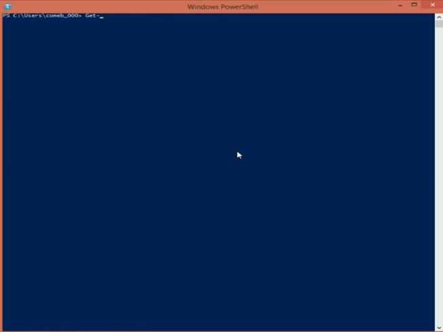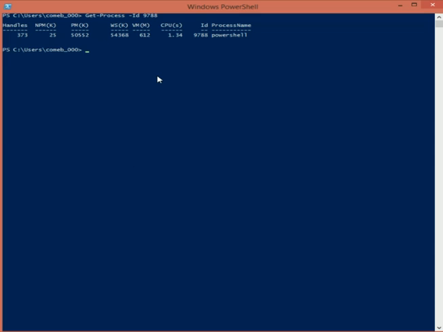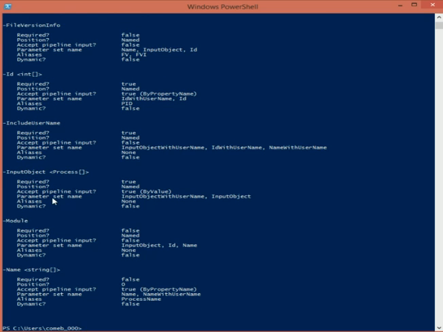So now if I run Get-Process -Id 9788, I'll get the PowerShell process coming back, because I used -Id and specified the process ID, because it accepts a named value. As you would see here, ID expects me to give that -Id which I just used, right? I cannot just say